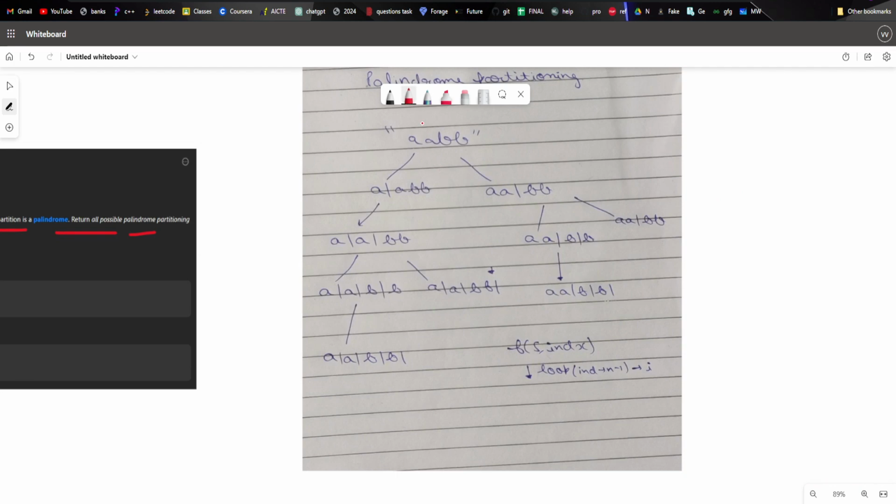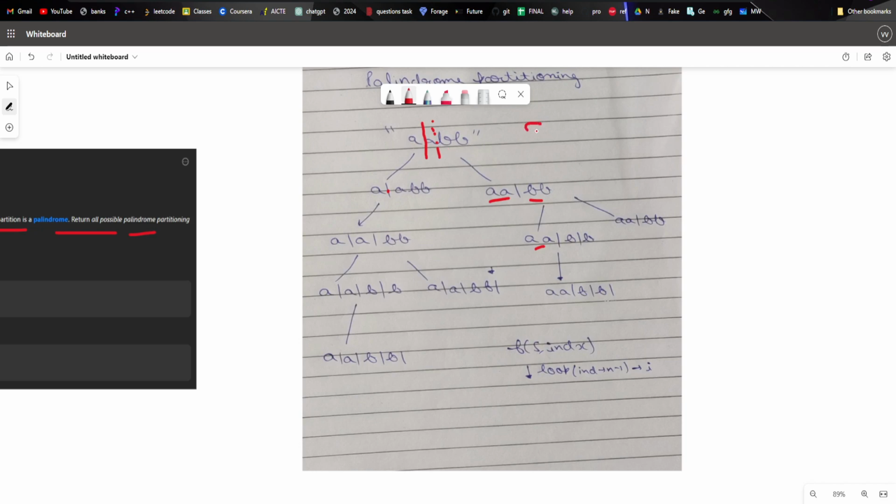First I'm going to make a partition here. When I make a partition here, I will get a single A, as I know that A is a palindrome. So I will make a recursive tree here. Then I'm going to cut it like this, and I will get A A and B. A A is a palindrome, so I will take A A and then go further.